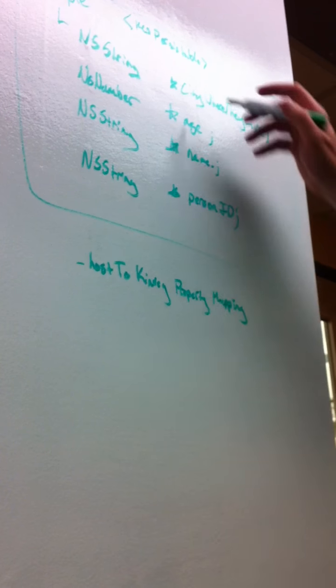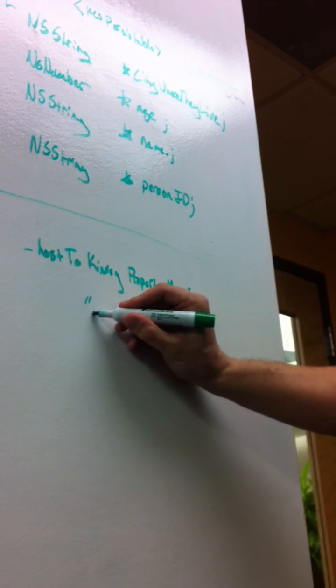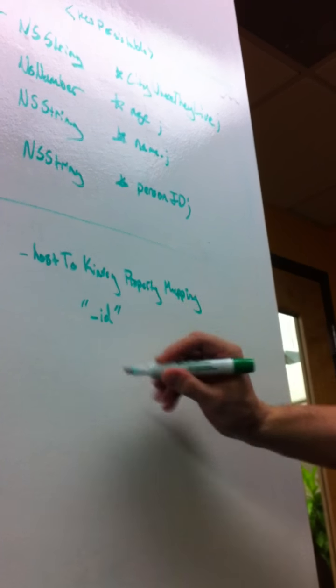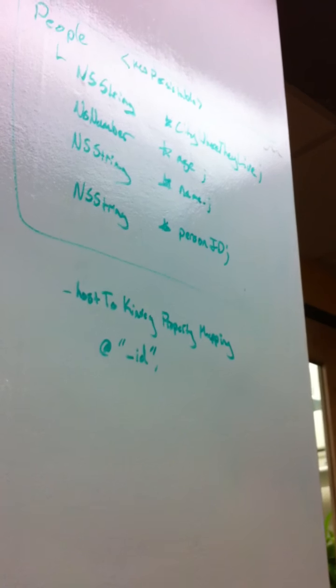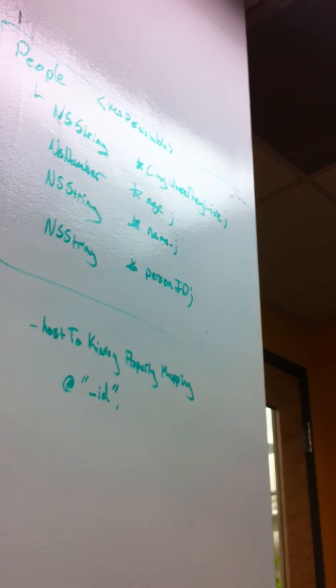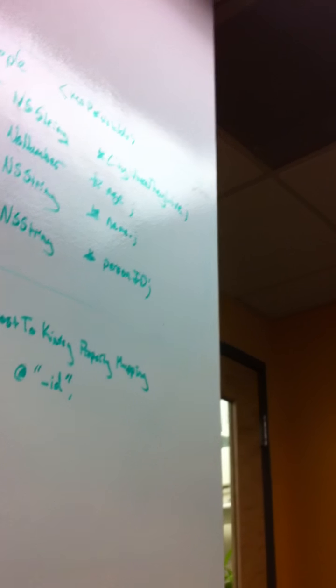You just build a dictionary that says each of these names. It's used to build the JSON that we transmit, but more than that,